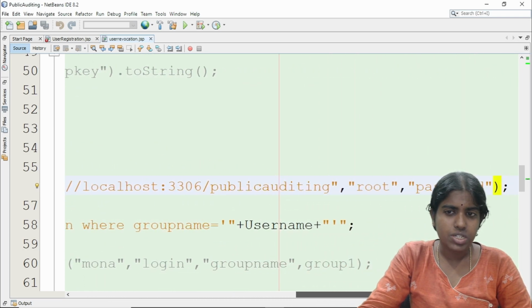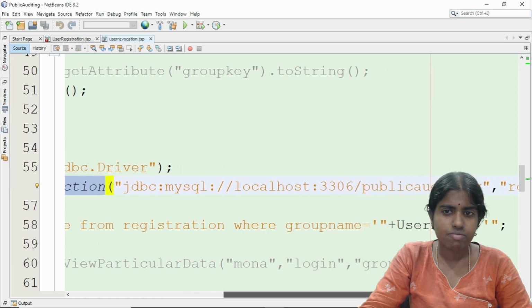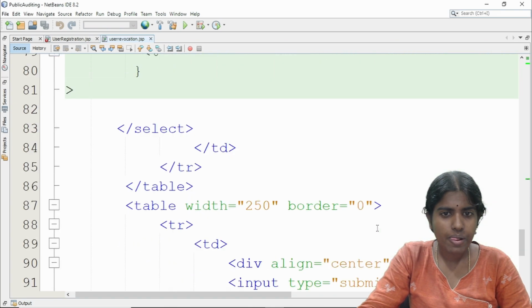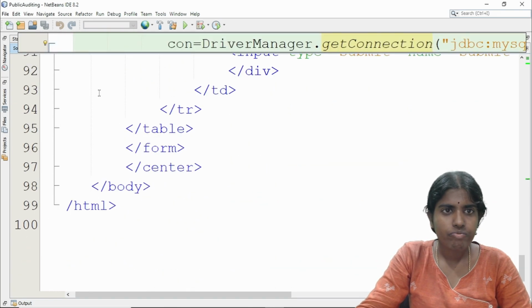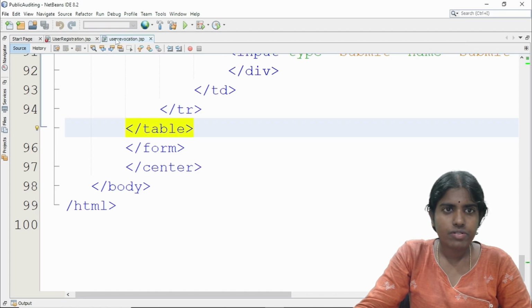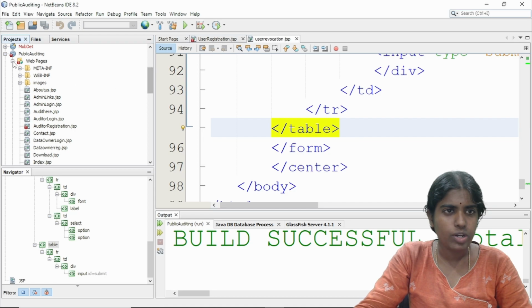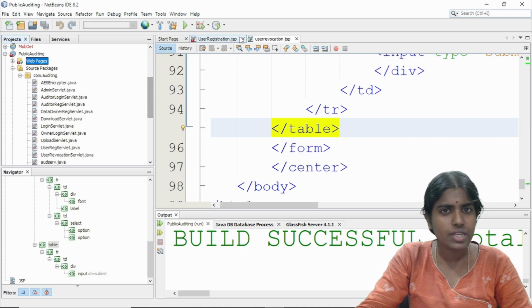So I'm establishing the connection with the database. MySQL, what is the username and password? After providing all these details, you can see here all my .jsp files are present in my web pages section.